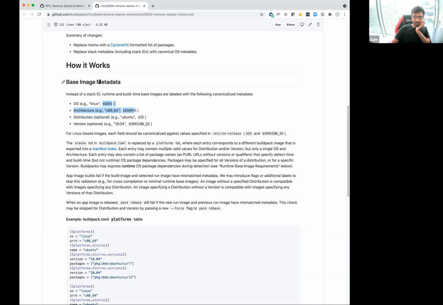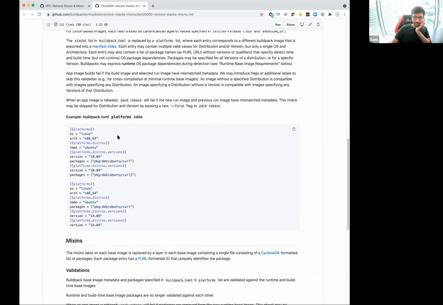Like I don't care whether curl comes from Ubuntu or Debian, I just want one of them. Does that make sense? Well, it's hard because the package URL has the thing in it, and so I don't think that would work either way.